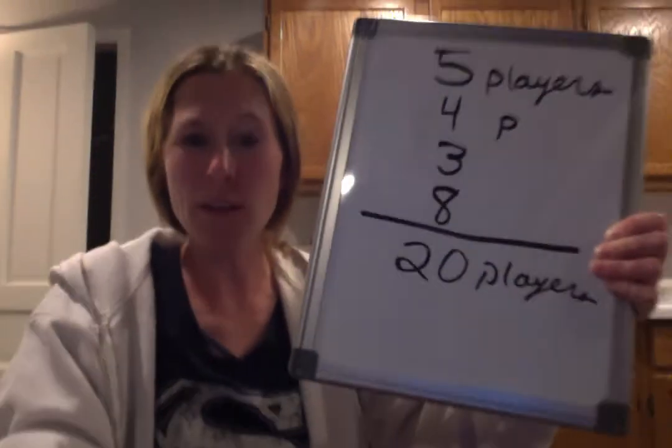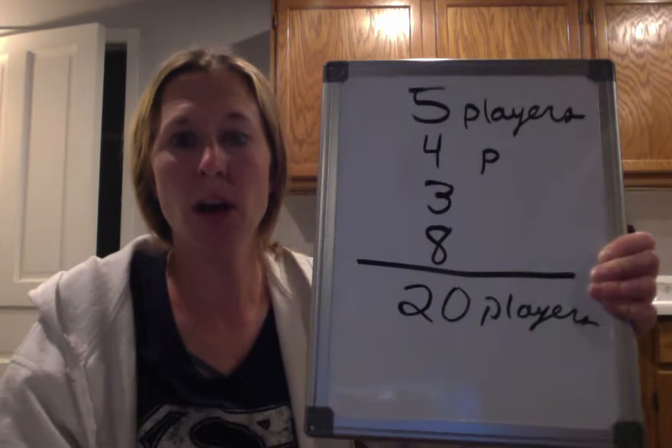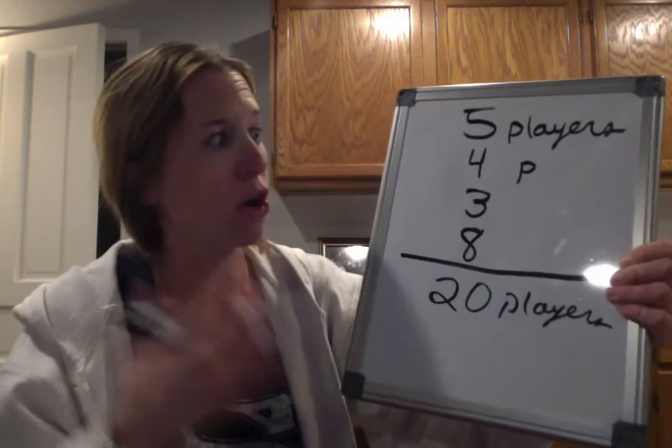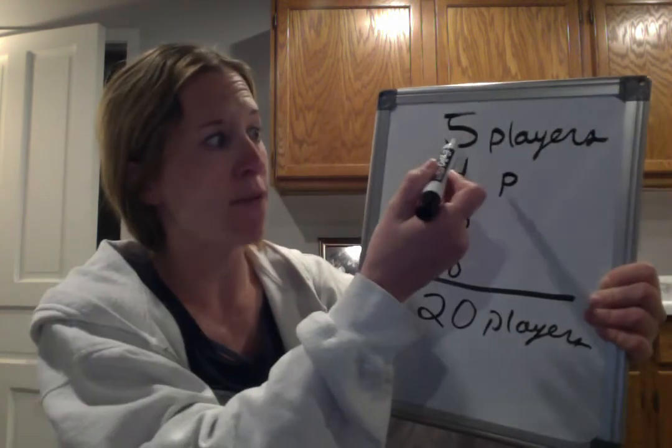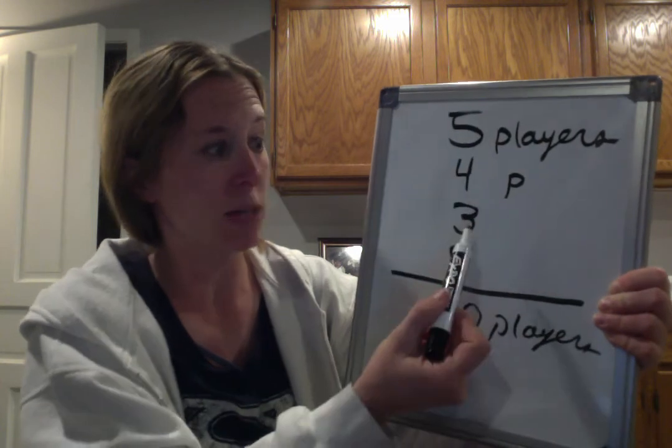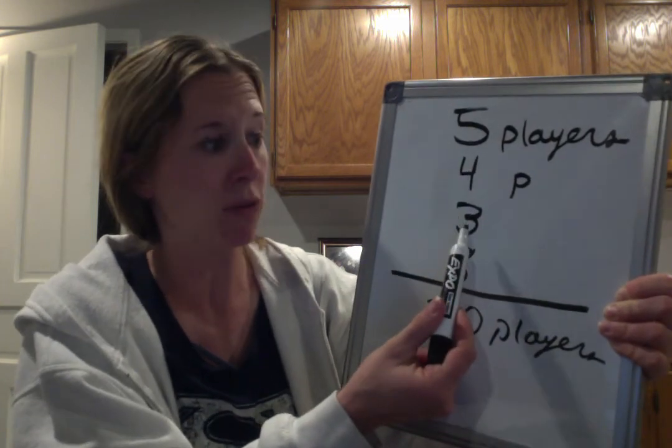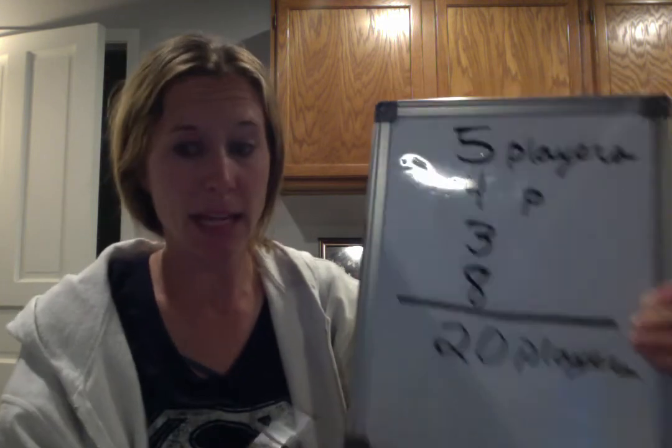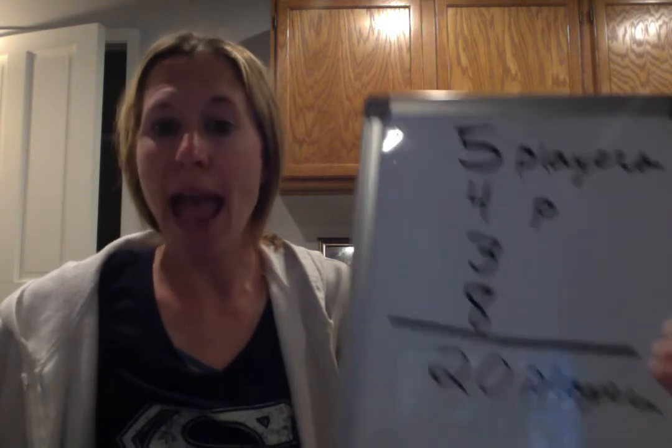Now, we want to find the average number of players per game. So one game had 5, this one only had 4, this one was a real low team of 3, and that was a team of 8. Well, after you add them all up,